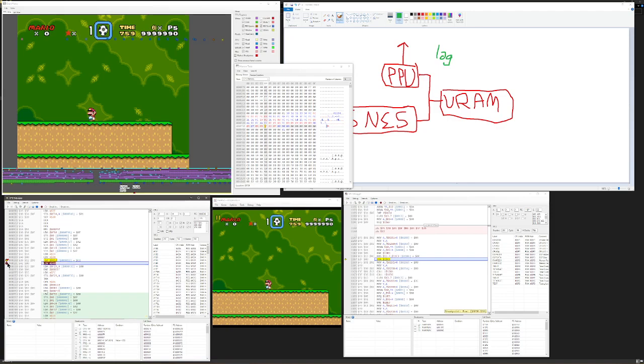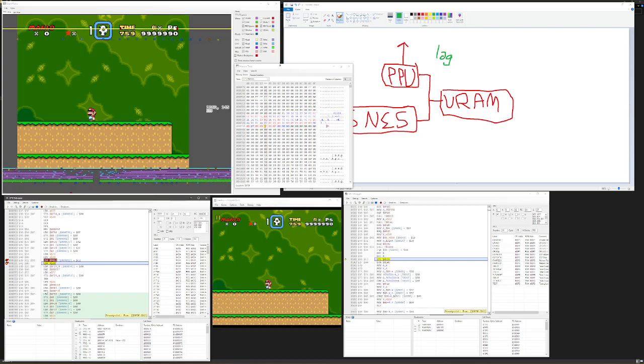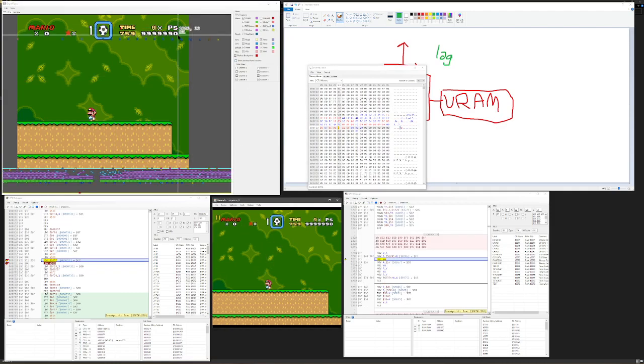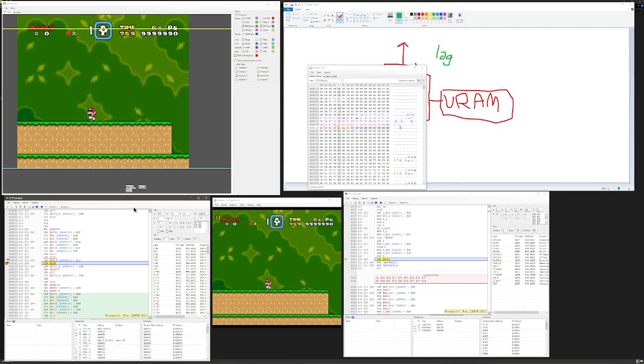There we go. I should have done this to start with. Sorry about that. But now every frame, also this is kind of confusing. Turn this off. Every frame, I don't want that to be a breakpoint. There we go. Every frame, this will mark off